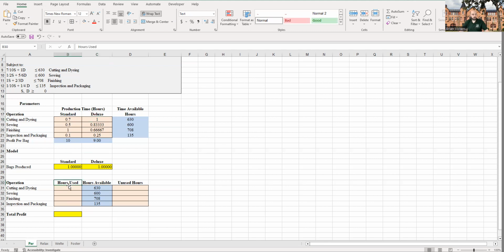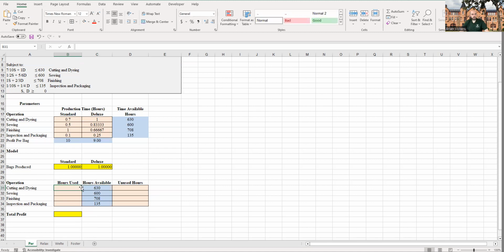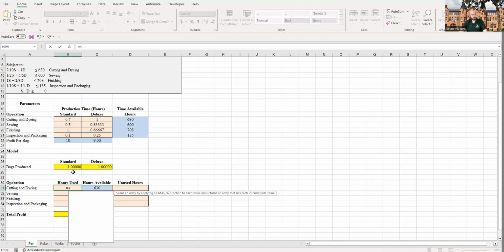Now, what I could do is I could just write equals this times this plus this times this, and that would work. But if we have a longer series of constraints, we wouldn't want to type that out every time. We wouldn't want to click on all those ones and maybe misclick. Instead, we can use a sum product feature that we've used in past problems, and we just have to select both of our arrays. And because of the way this is set up with cutting and dyeing, sewing, finishing, inspection, packaging, matching these, what we can do here is we can say equals sum product,